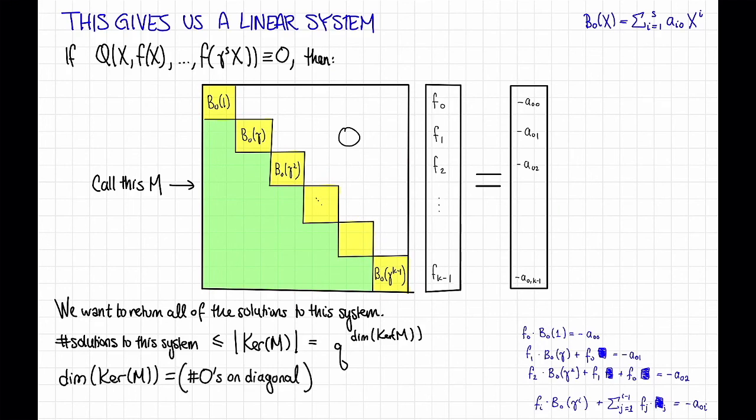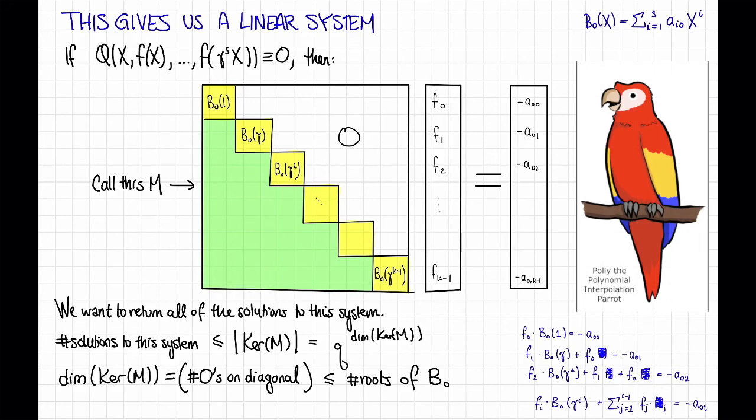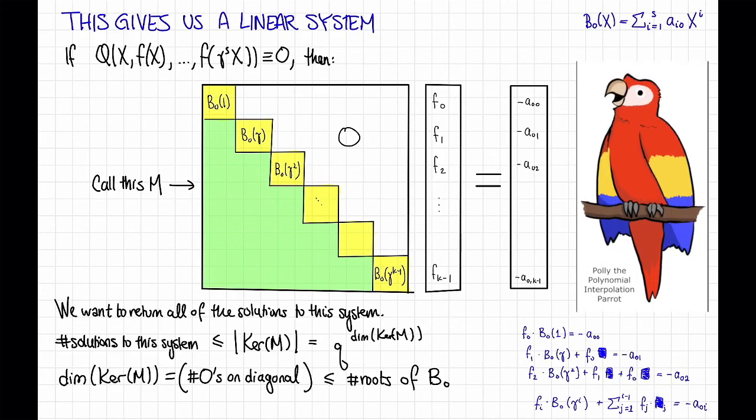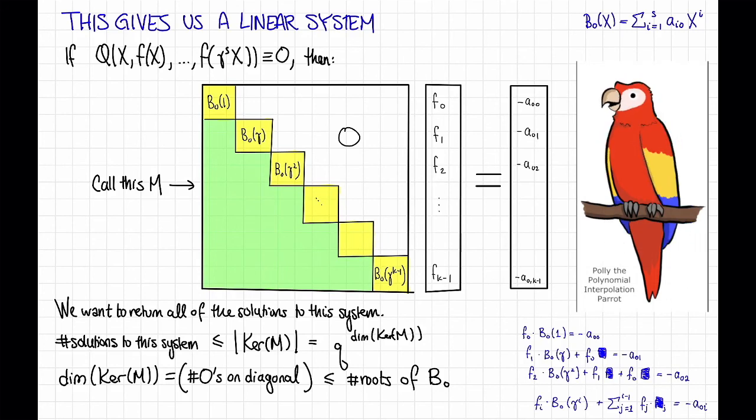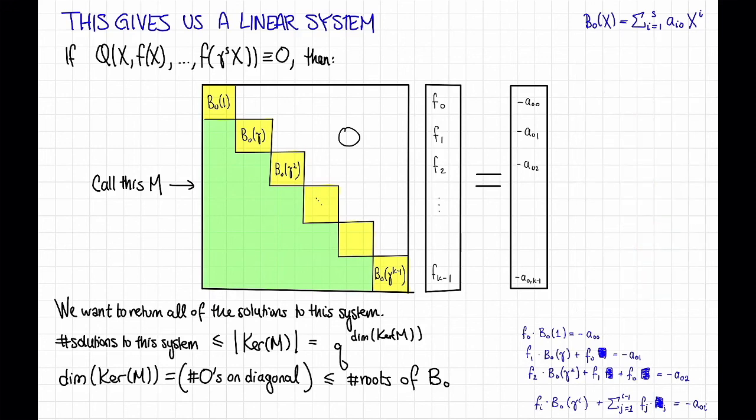How many zeros are there on the diagonal of M? Well, that's just the number of roots of this polynomial b0, because notice that these diagonal values are just b0 evaluated at k-1 different evaluation points. So this is at most the number of roots of b0. Hey, that's convenient. Right! Low-degree polynomials don't have too many roots. Yeah, thanks, Polly. So this is at most s, because going back to our definition of b0, b0 had degree